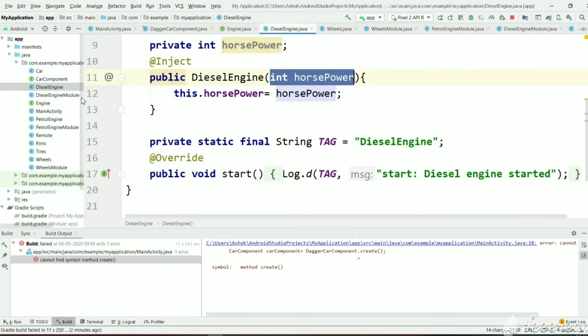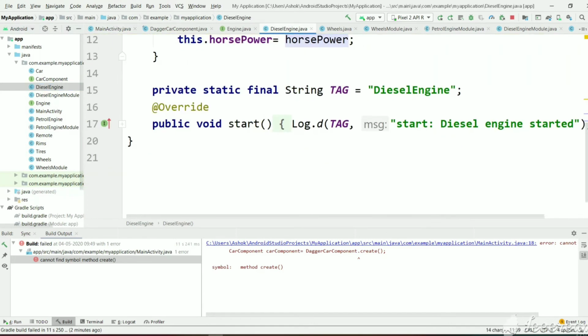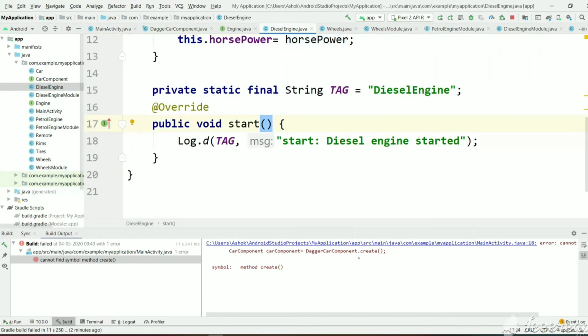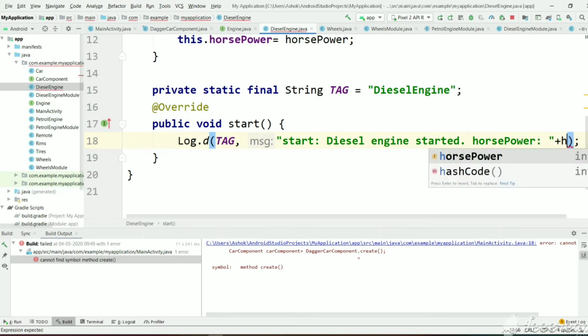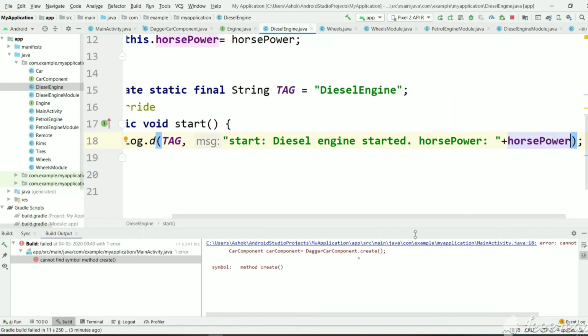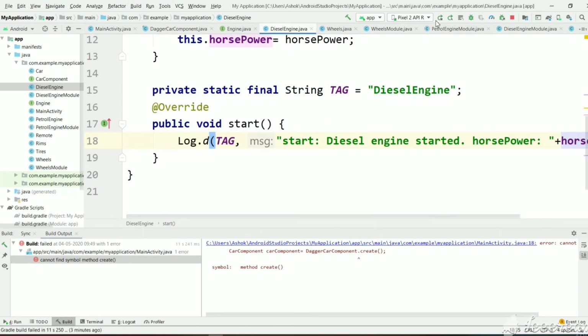And to know the exact output, let's add a log here. Just add horsepower and let's execute this and see the output.